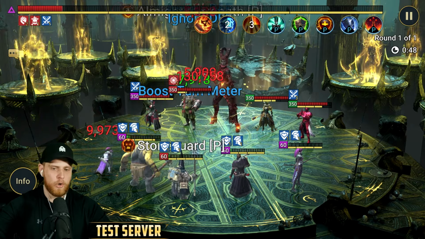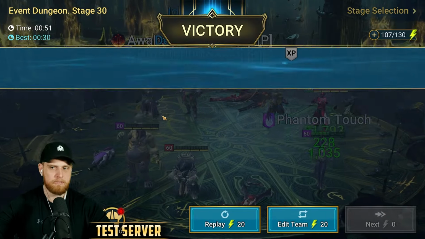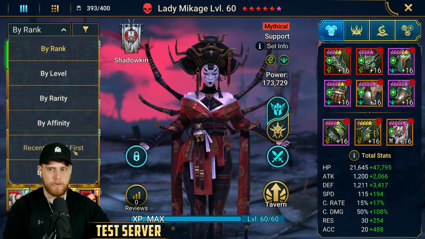Super easy. Now the Cold Hearts come in and we're fine. We're doing plenty of damage. Cold Heart has another Heartseeker. Not a problem. So if you wanted to make this instantly more consistent, all you'd have to do, just with